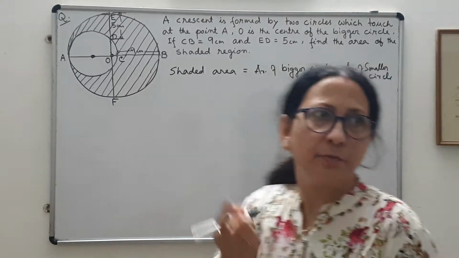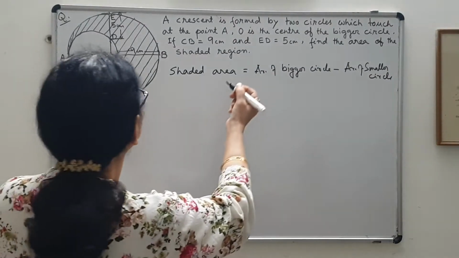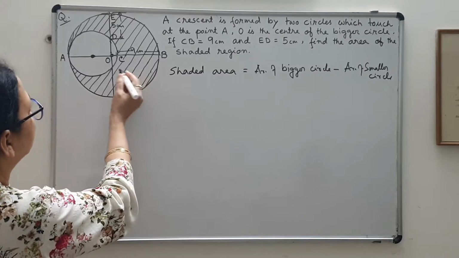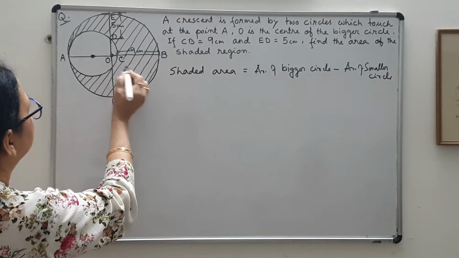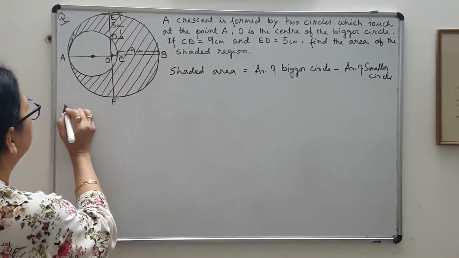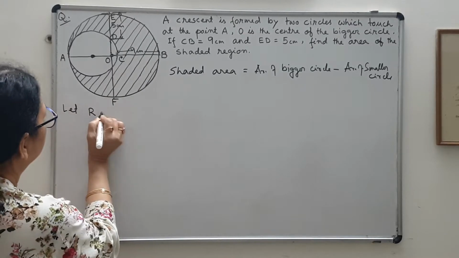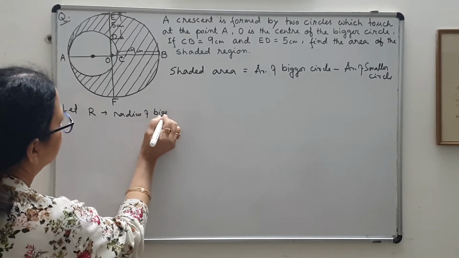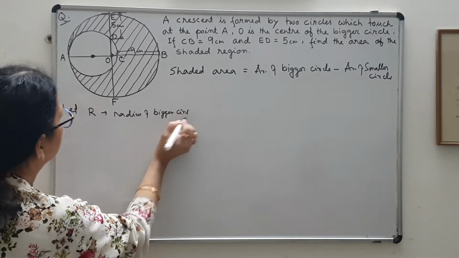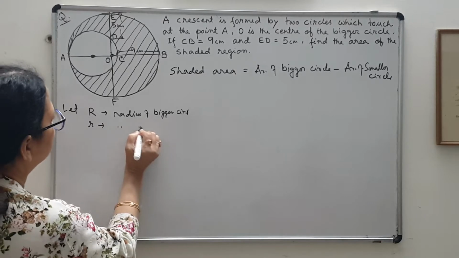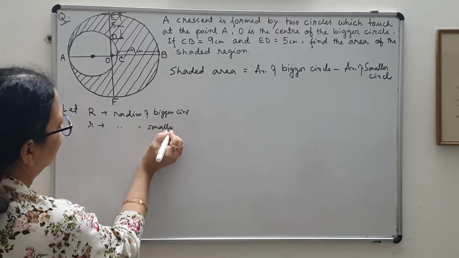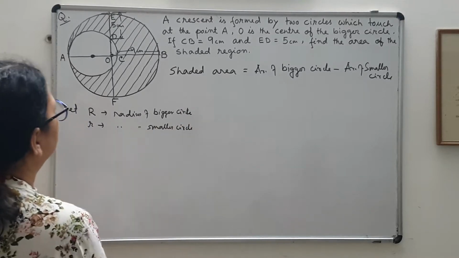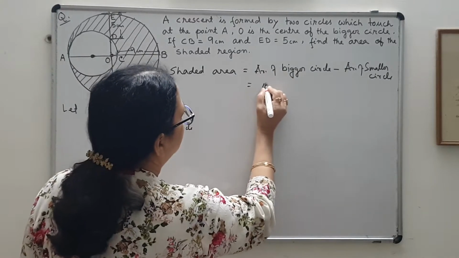These basic steps are very important to write. Okay, and after that let me assume the radius of the bigger circle to be say R, capital R. Okay, so let me write here, let R is the radius of bigger circle and small r the radius of the smaller circle. This is the easier convention. Okay, so that will be